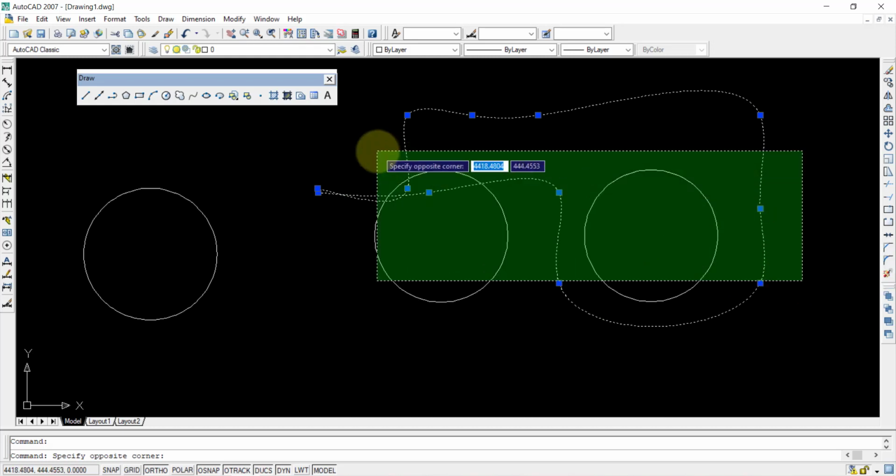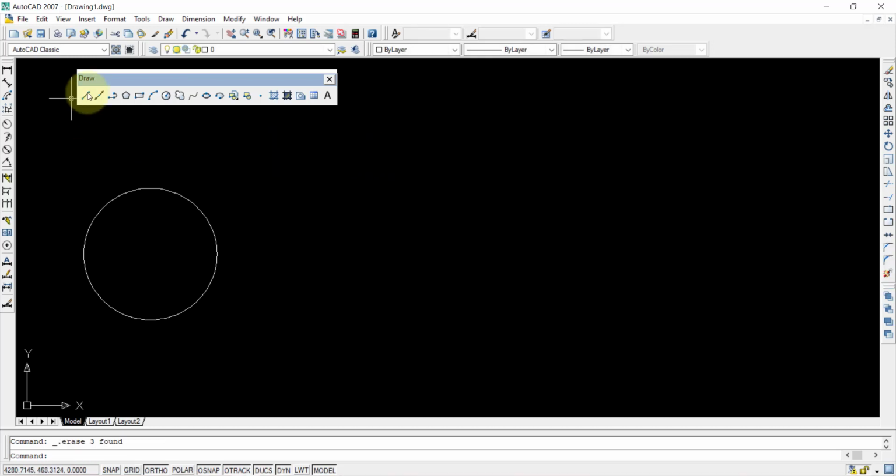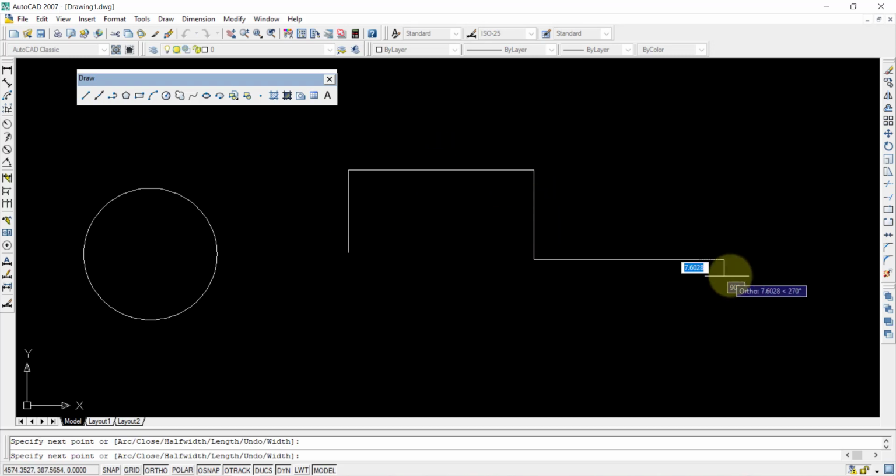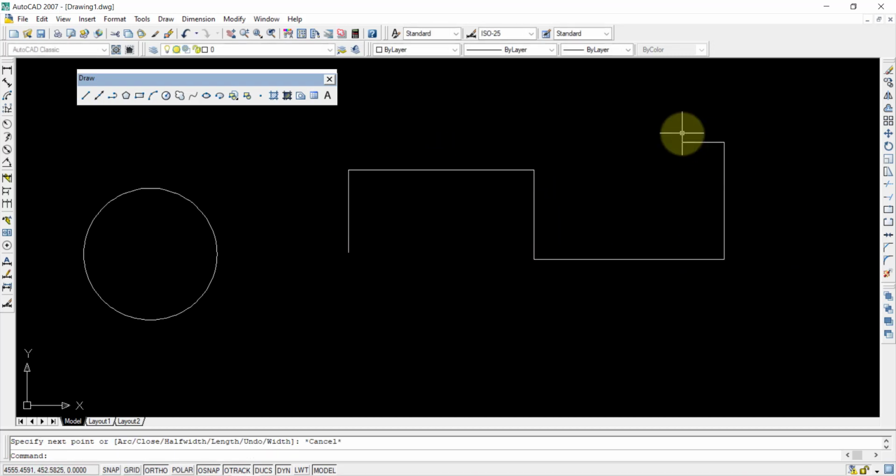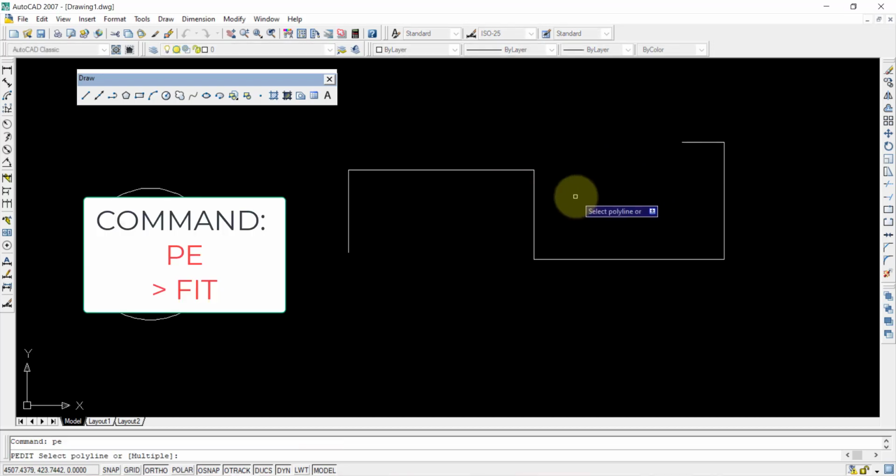The same thing can be drawn in another way also. If you want to get a smooth curve, we can get it with polylines also. For that, we select it and draw separately like this. The polyline is drawn, and select the command called PE, that is nothing but poly edit, and press enter. So I'll select.